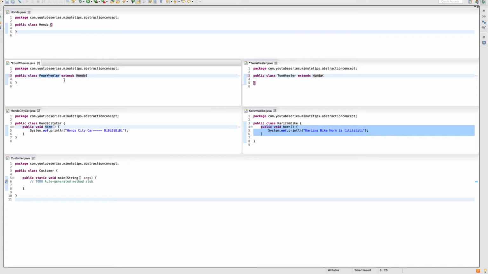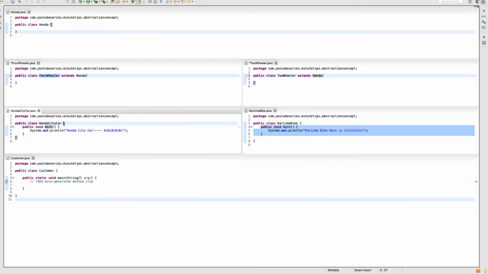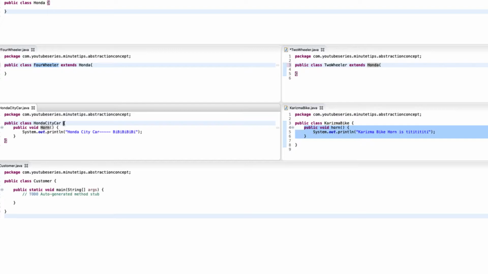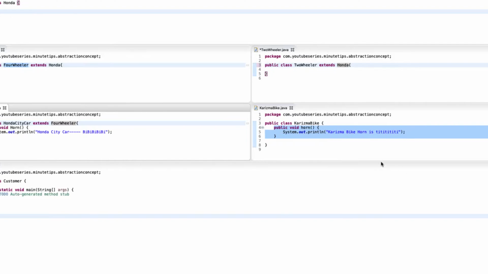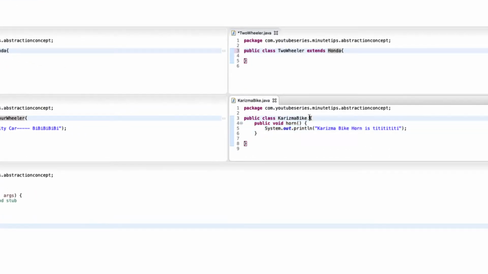Under my four-wheeler class, I have a Honda City car, so Honda City car extends four-wheeler, like this. Similarly, my Karizma bike comes under the two-wheeler section.